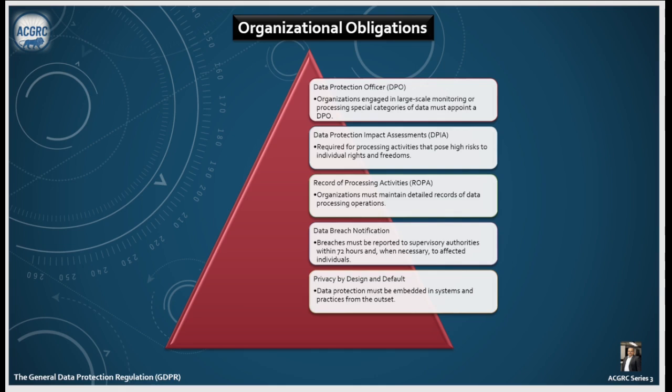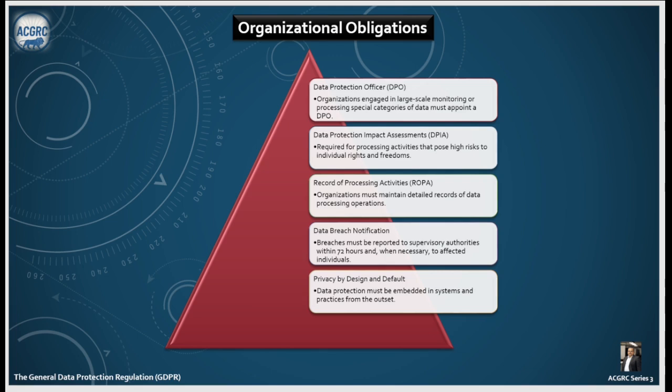The next is ROPA, which is record of processing activities. Organizations in this must maintain detailed records of data processing operations. In simple terms, a ROPA is a written list that organizations must keep showing what personal data they collect, use, share and store and why they do it. It's like a logbook which helps keep track of all the ways a company handles people's